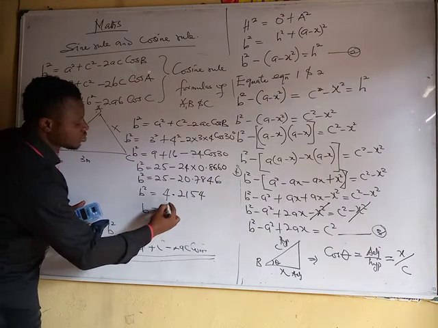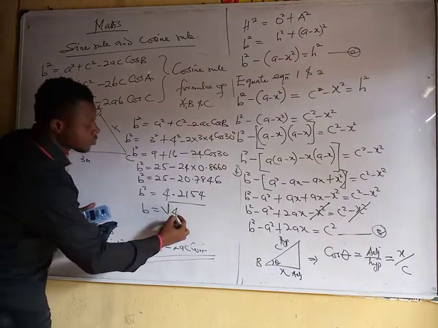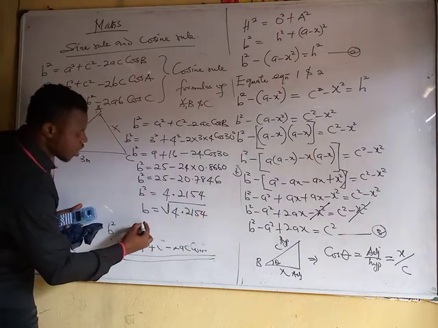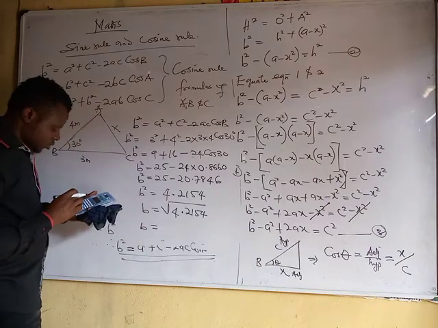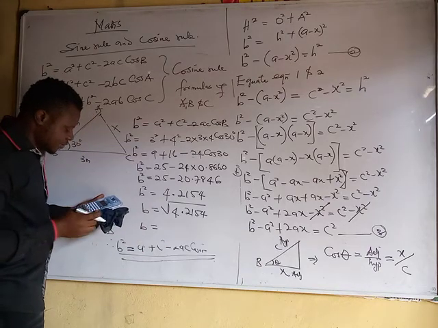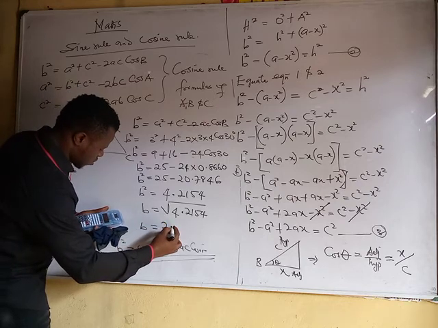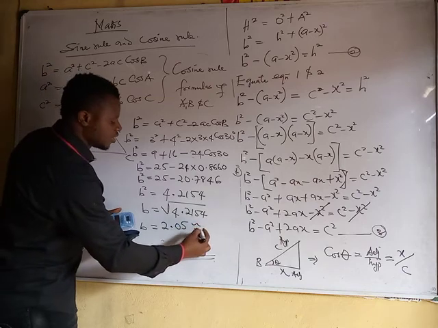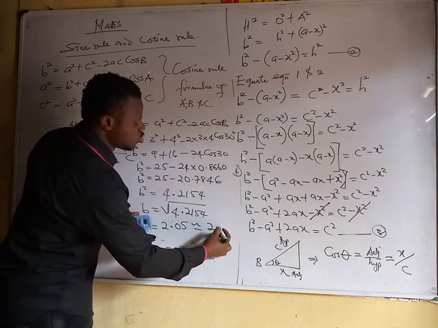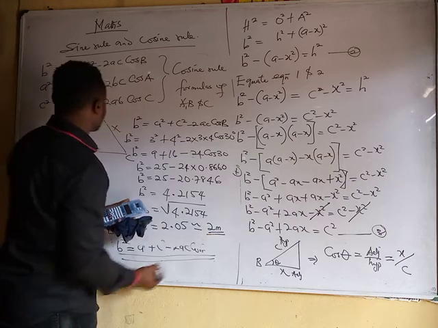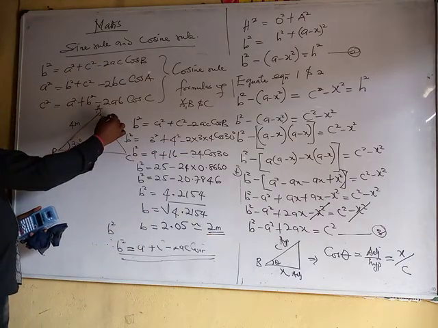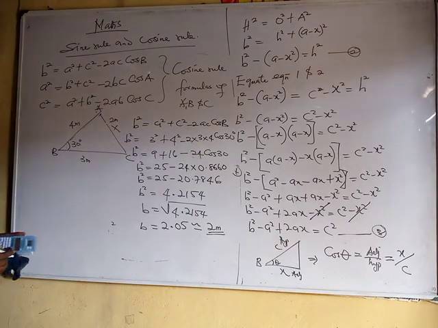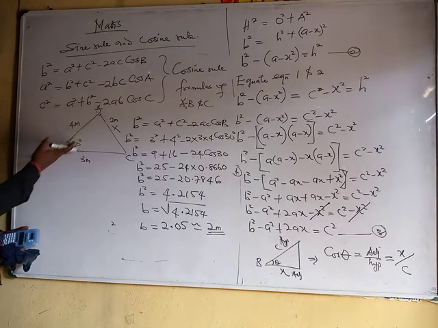So can we get our b from here? Our b becomes the square root of 4.2154. So our b is equal to the square root of this answer, which is 2.05. Approximately, I can have 2 meters. So in this case, our b is 2 meters. Now, having seen that your b is 2 meters, you can see the dimension of B now is complete,